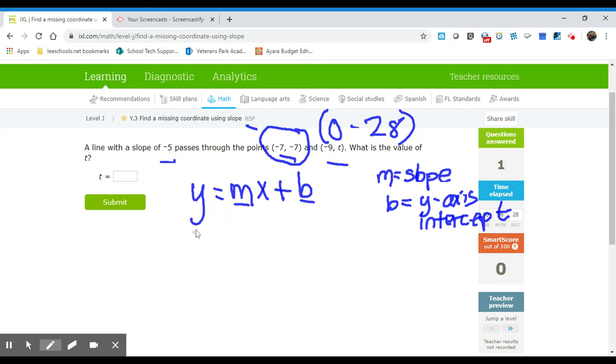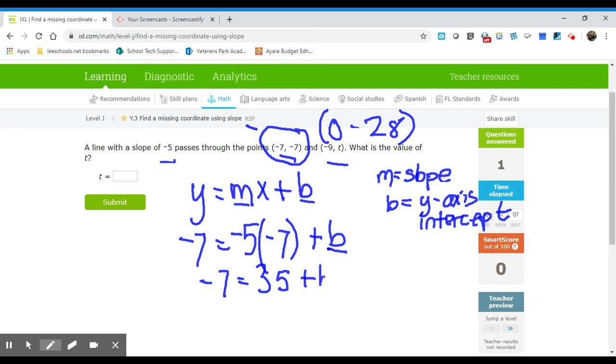So we know some things. We know the y. We're using -7. We're going to use -7 equals. We know the slope. It says the slope is -5. So I'm going to put a -5 where that m is times the x value, which is -7. Okay? And then we're going to add b. All right? We're trying to solve for b first so that then we can solve for that value. So -5 times -7 is going to be +35